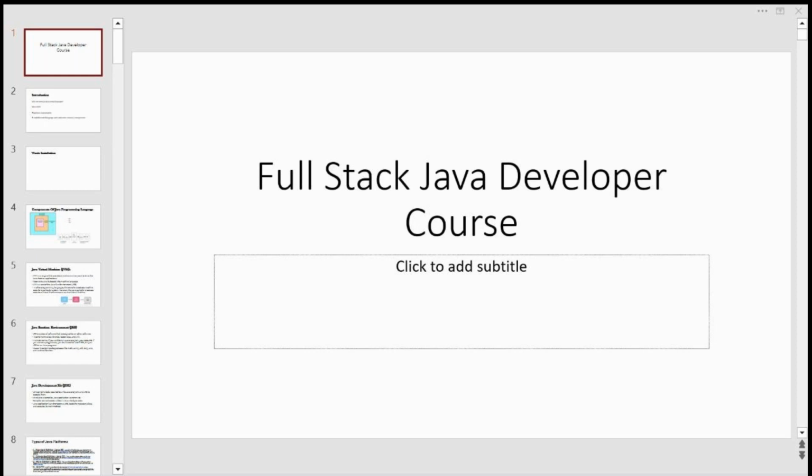Maybe on the screen you can see it, but at the CPU level, at the processor level, it will understand only zeros and ones. So there should be some intermediate language between the human and the machine, so that both can understand. For me, it should be in a readable way, normal English, like a sequence of characters, words, or sentences, so that I can understand. At the same time, the machine should understand something. For the machine, I cannot give a sequence of characters or words, because only zeros and ones it will understand. That's why programming languages come into the picture.